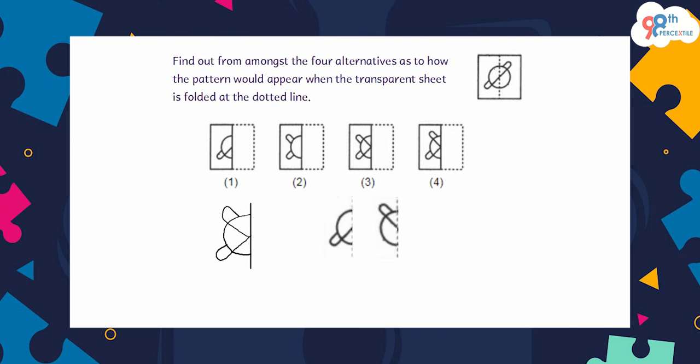So let us now try to match. The first one and the second one, this is an absolute no, but let us look at the third and fourth. Though both of these pictures are looking quite similar, if we look at the pattern, in the third picture this curve is bending at the inner end, but over here it is more similar. It is actually the same picture that we have drawn. So the fourth one is the correct representation of how we will get the pattern when this transparent sheet is folded. So yes, the fourth one is the correct answer for the question.